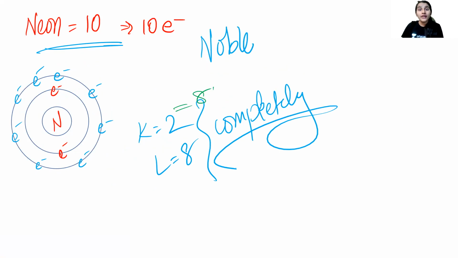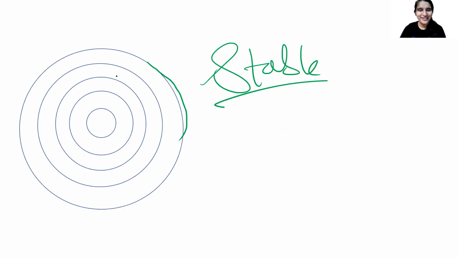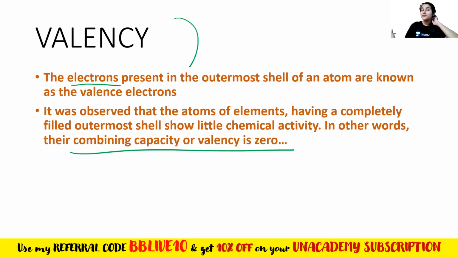No, I do not. So that is why the combining capacity of neon is 0, and hence the valency of neon is 0. Understood? Yes, absolutely correct. So it was observed that the atoms of elements having a completely filled outermost shell show